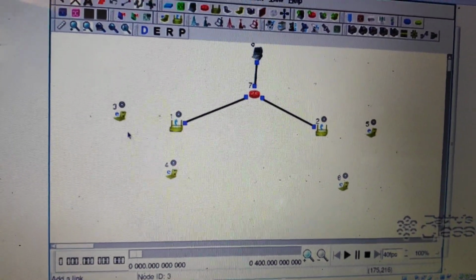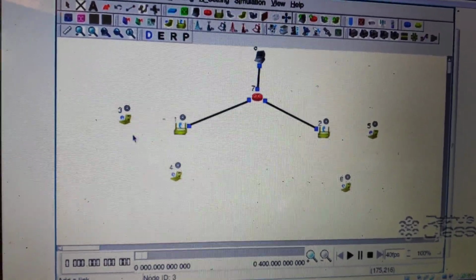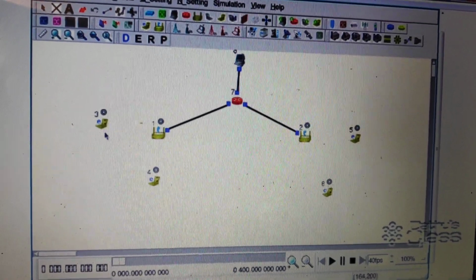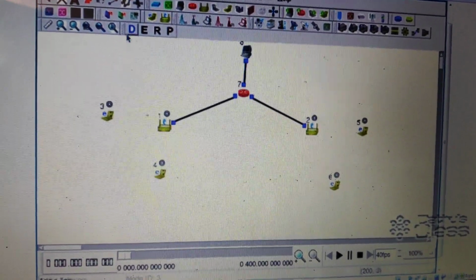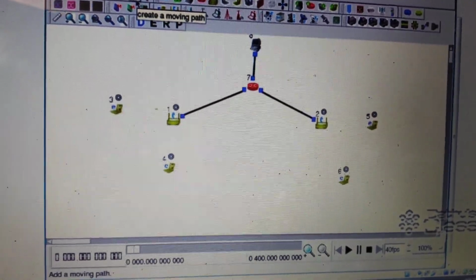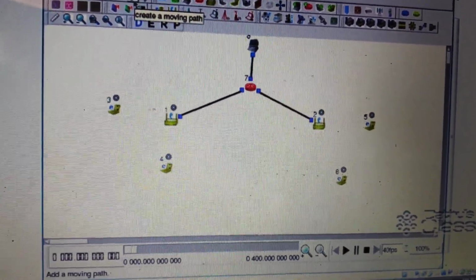You can see DERP: D stands for draw, E stands for edit, R stands for run, and P stands for playback. Now we are going to configure the mobility. Click on the create moving path icon.